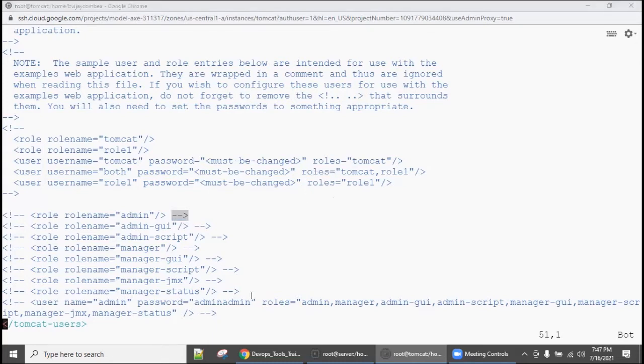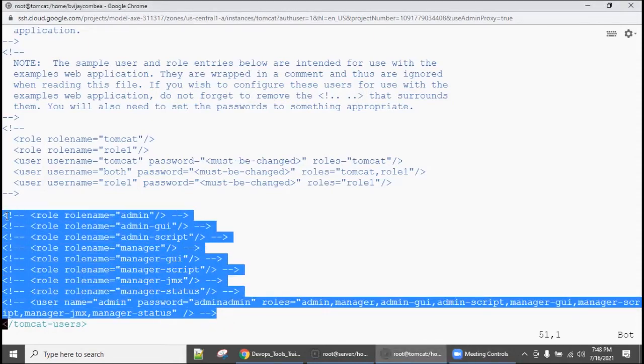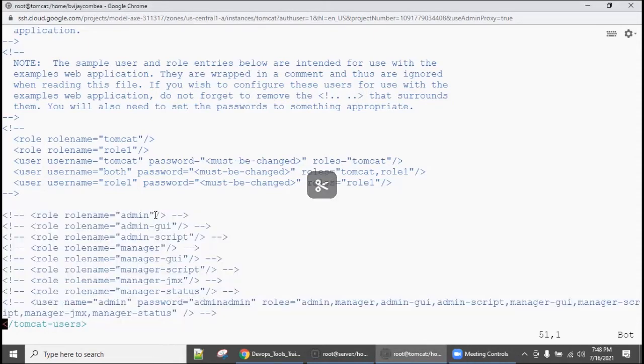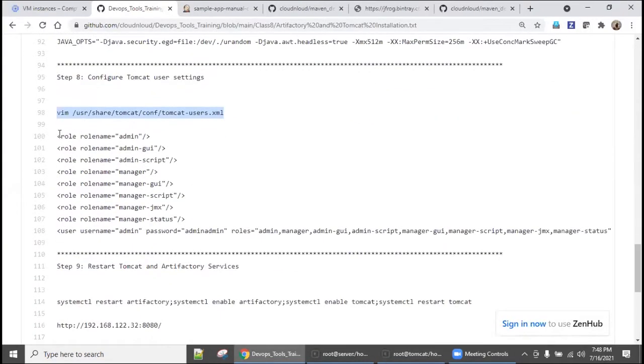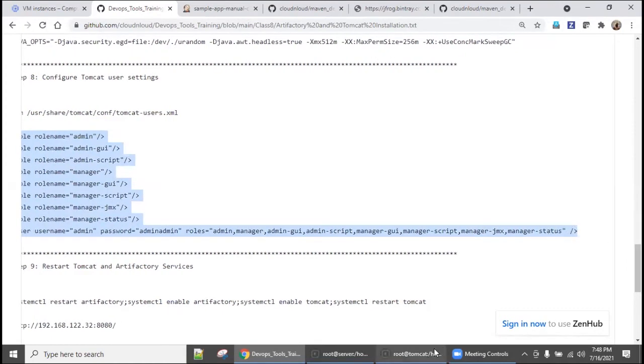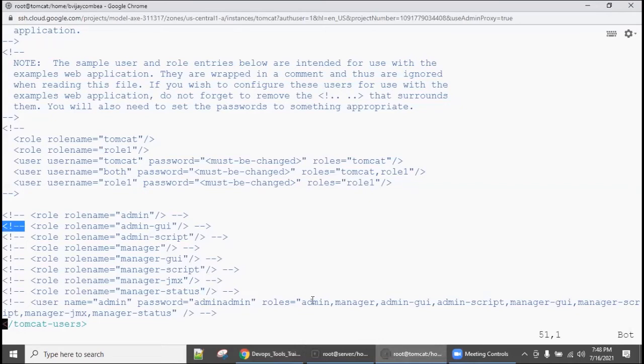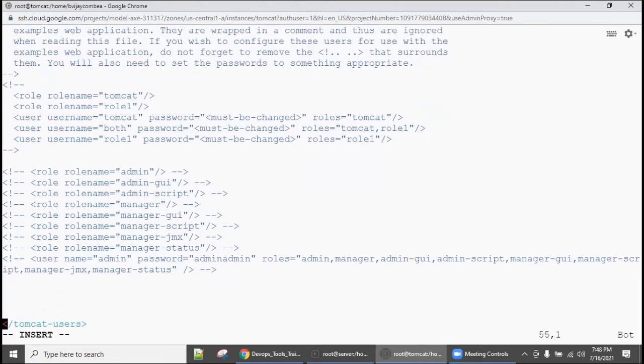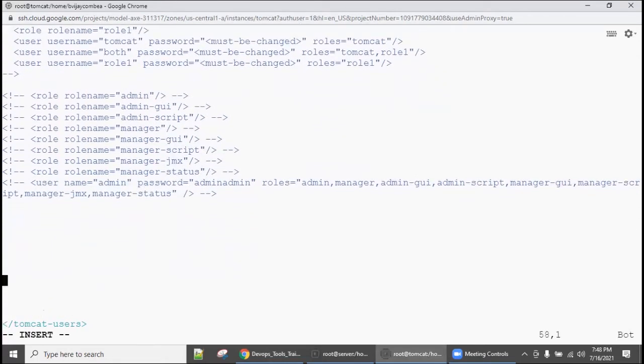So in order to not cause more confusion, I just copied the same line and removed the comment. Exactly this is what I pasted here. So either you can go and remove each and every line, or do the same as I did, copy and paste here. Only one thing you need to understand: you should not paste after this Tomcat user. You should paste before Tomcat user.